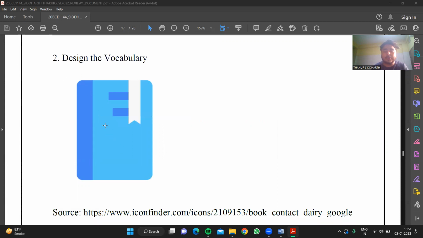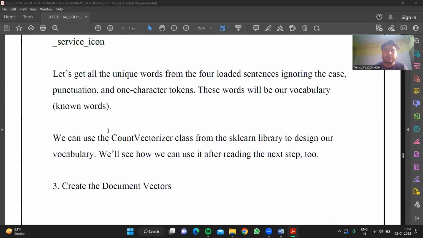For this, CountVectorizer from Google is a tool which we can use. Here is a sentence. Let's get all the unique words from the four loaded sentences, ignoring case, punctuation, and order. Now we'll load the words in the vocabulary, and then we'll use the CountVectorizer